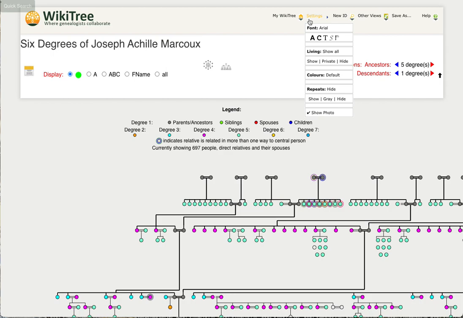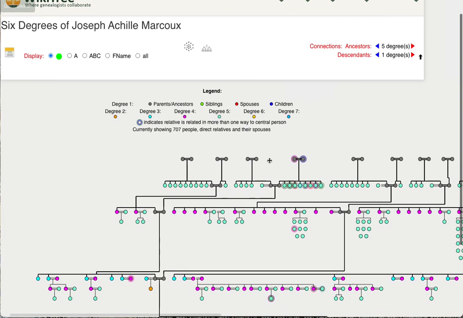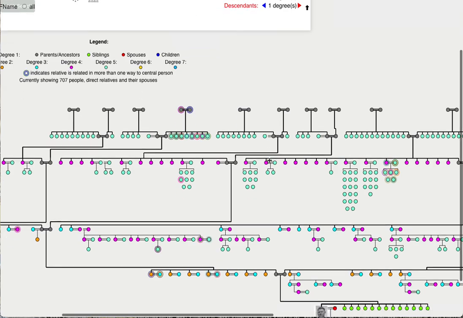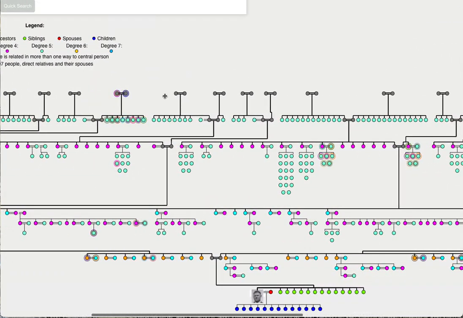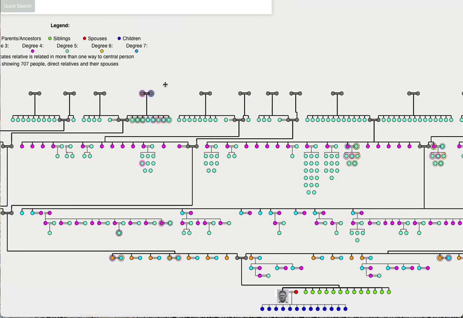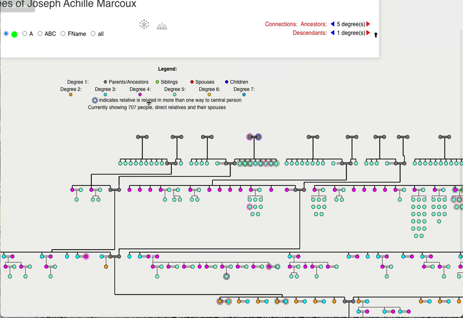Now in tree mode, there's another menu option under settings, and that is to control repeats. With this family tree, you can see that it's very big, lots of family members, and some of these profiles have halos around them,